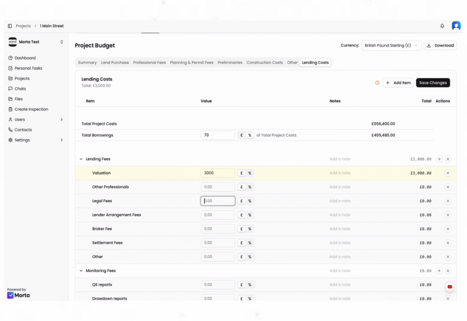You've got your legal fees for the lender. So this is obviously outside of your own legal fees for your purchase. This could be your lender's main legal fees to make sure they're protected in the purchase. And let's say they're £2,500. Lender arrangement fees, that's usually a percentage of your total borrowings. So let's say it's 1% on here. So we're just going to go